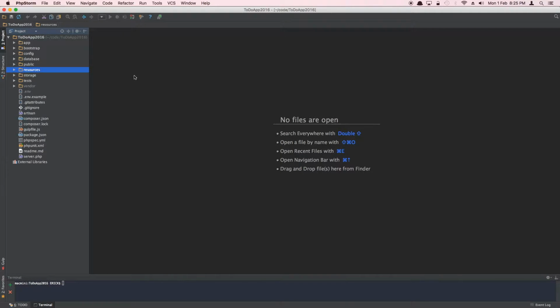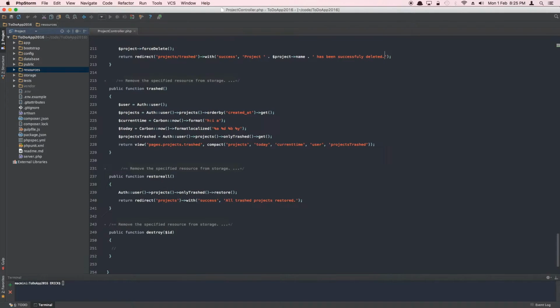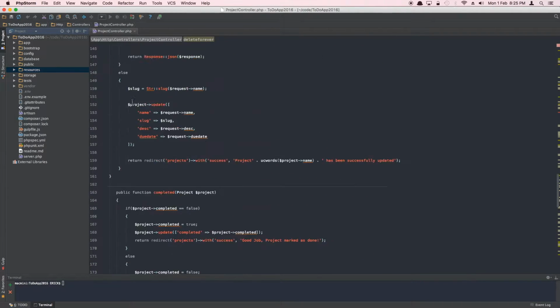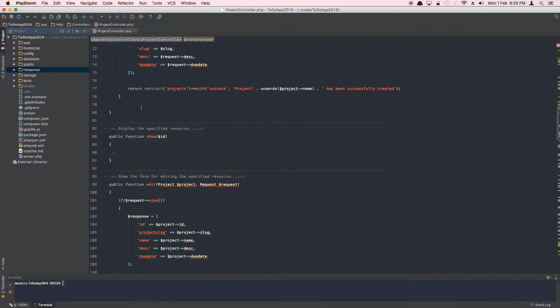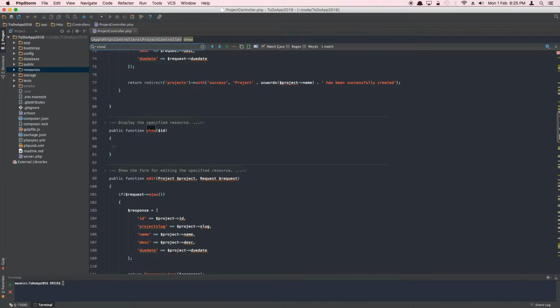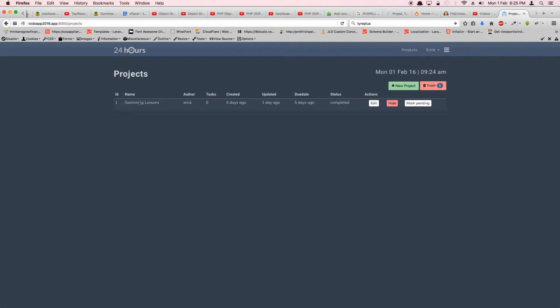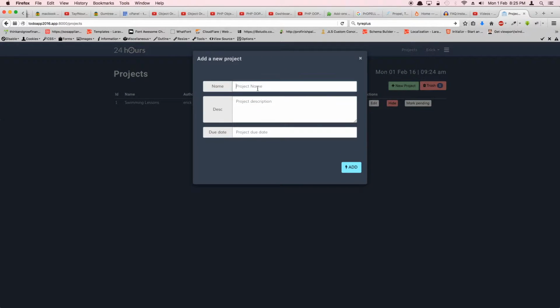is create a method. So we'll go back to our project controller, and somewhere here let's find the show method, which is a resourceful route provided to us by Laravel by default. In this method we are passing an instance of project. So basically when we click a particular project, for example I have another project, let's say guitar lessons,